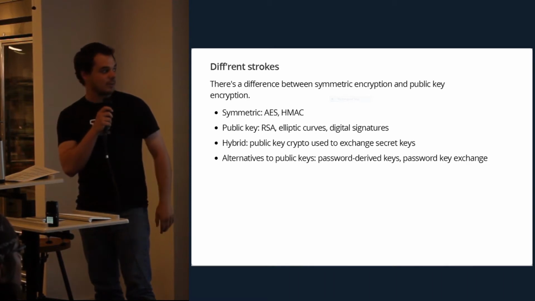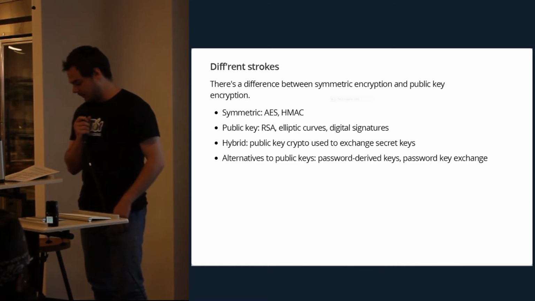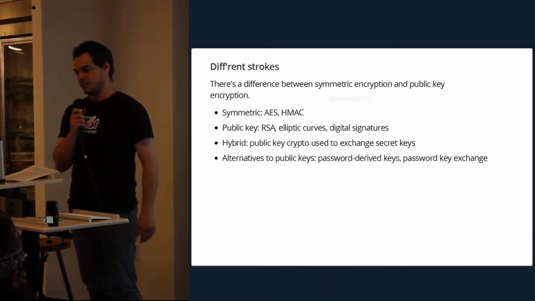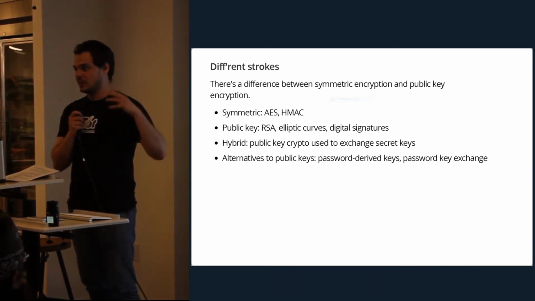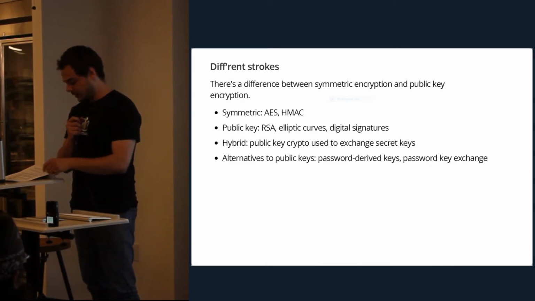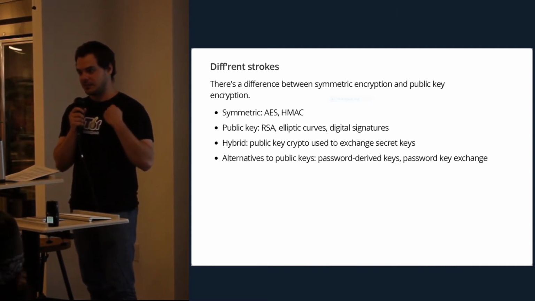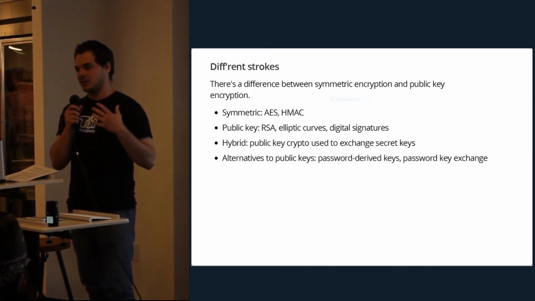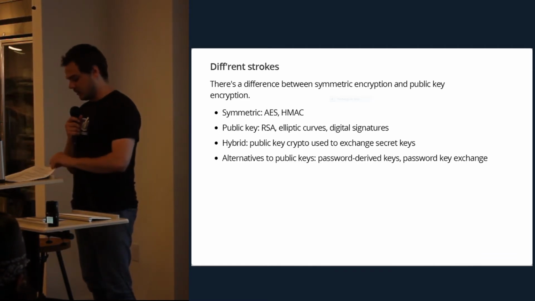There are a couple of different kinds of crypto. We have symmetric, which is what you may think of when you think of cryptography, like AES and HMAC. They're very fast building blocks, but it's really hard to share keys with them. Sharing keys with symmetric cryptography is like sharing a password. Then we have public key cryptography, like RSA or elliptic curves, and this is a lot easier. I have a secret that I keep and don't give to anybody, and I give everybody a public part of my secret. Everybody can use the public part to send messages to me, and we can build secure systems that way too.